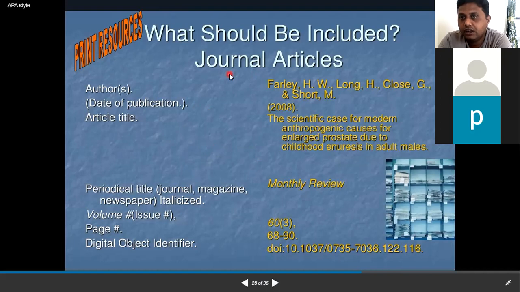See, in the case of a journal, the name of the author, the publication year, the article title is over here, right? Then the journal's name. The article title is not in italics. In the case of MLA, the journal name is in italics. That's the difference. Then volume, issue, then the page numbers, right? Then the DOI. DOI is optional. If DOI is available, it means the journal is available on the internet. If DOI is not available, it means it is available in print form.